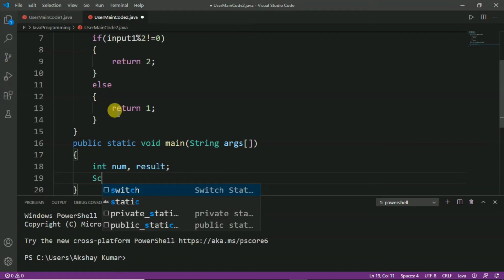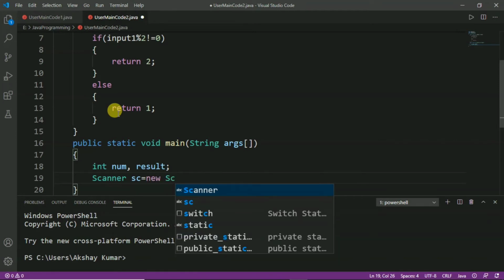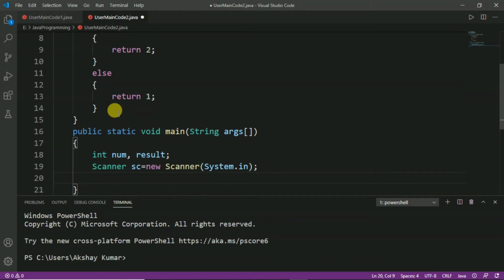After that we will define the Scanner class and create an object, Scanner sc equal to new Scanner(System.in). Here System.in represents the keyboard, and after that we will write a message to the user to enter the number.